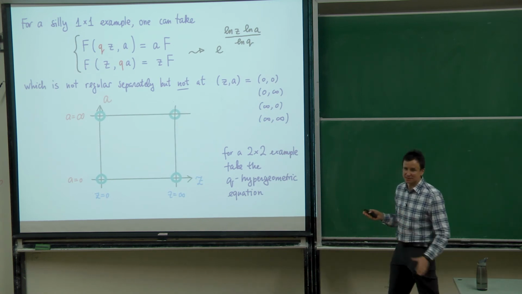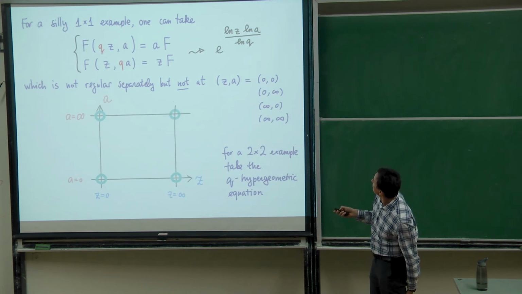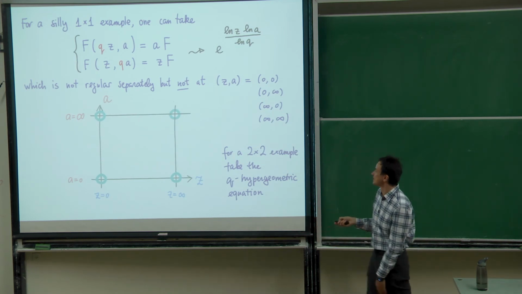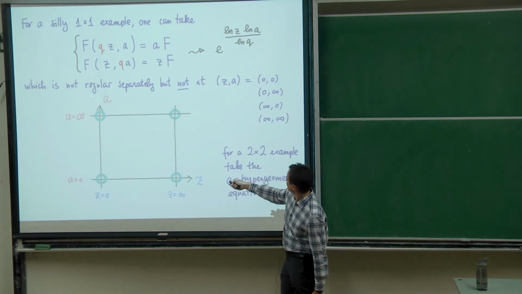You have an extra word. You should say which is regularly separated, but not. Yeah, right. Pasha is priceless in terms of, and for everything else, there's MasterCard. So this is